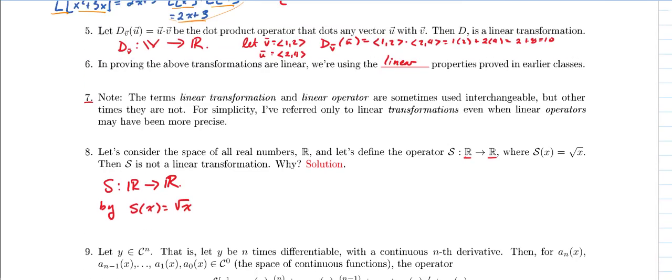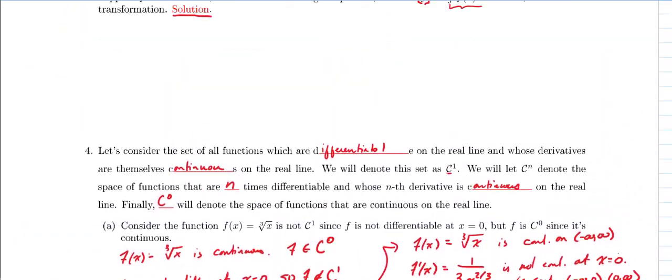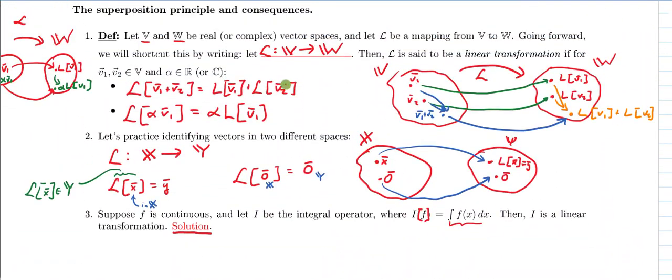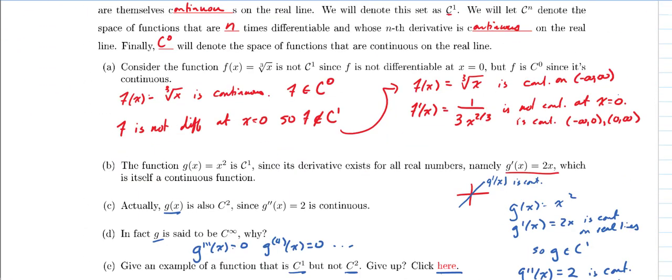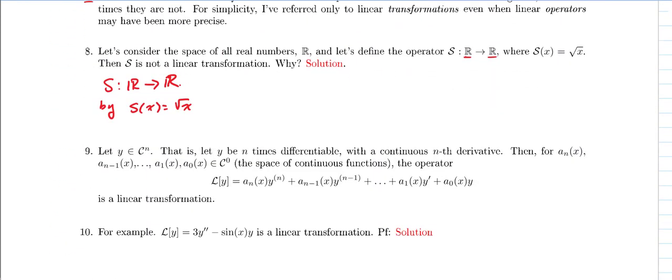Remember, what do we have to satisfy to be a linear transformation? We need to satisfy these two properties, that you can do the addition and then the transformation, or you can do the transformation and then the addition. And we need to verify that you can do scalar multiplication to the vector and then the linear transformation, or you can do the linear transformation to the vector and then scalar multiplication. And the order in which you do those does not matter. So I want you to think about why this isn't true, give it a shot, and then take a look